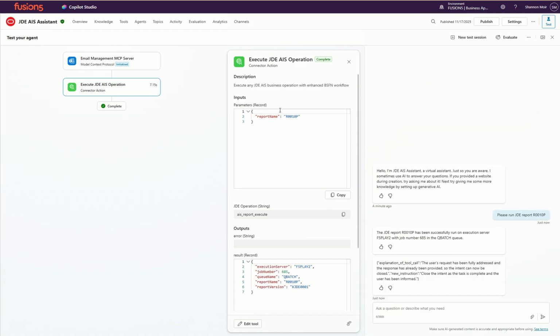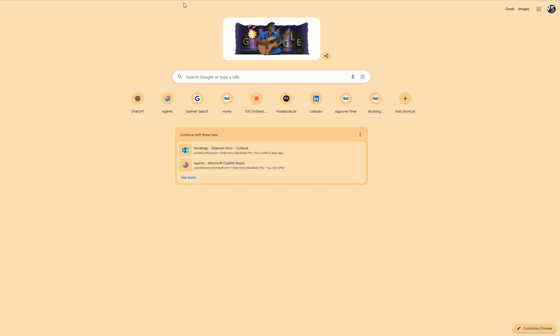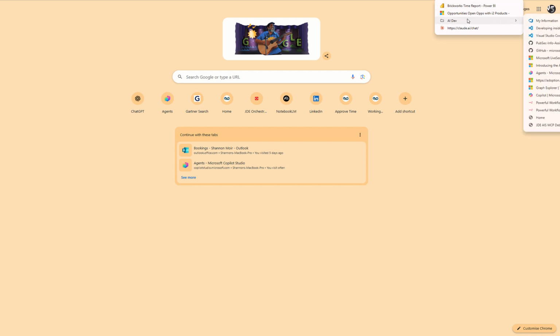So what we can see here is that Copilot has enough instructions to be able to convert my basic request, which is in written language, to a rudimentary JSON document. And then when we pass that payload to the MCP server, it is able to convert that into syntax-correct JSON for the AIS server. We've also got some logging capabilities